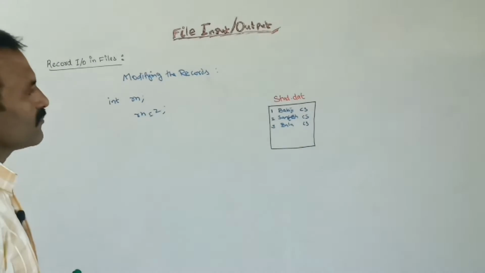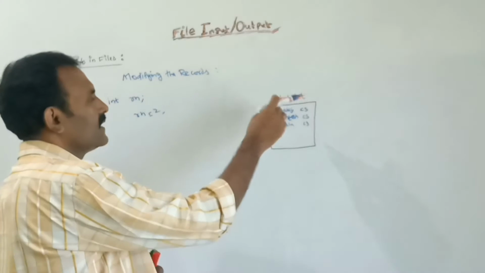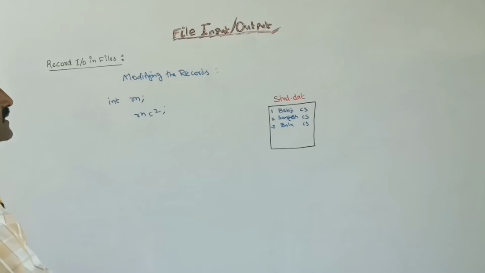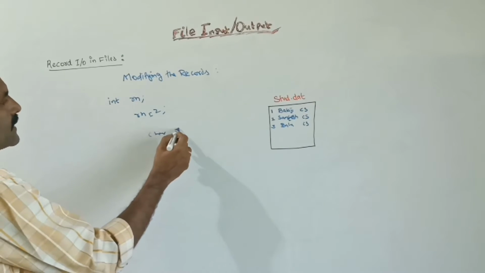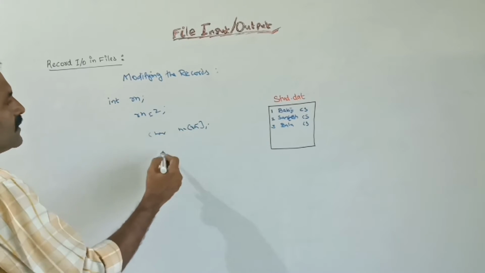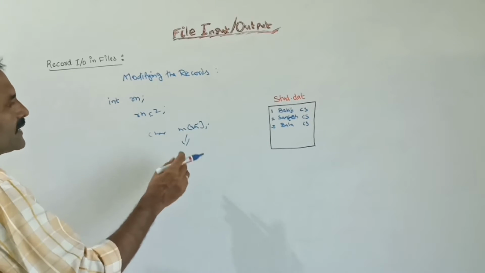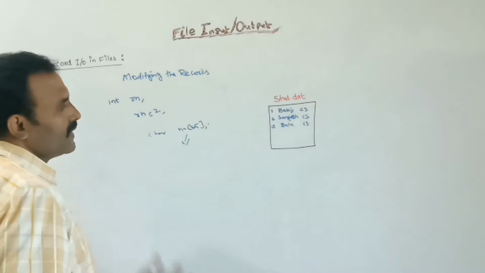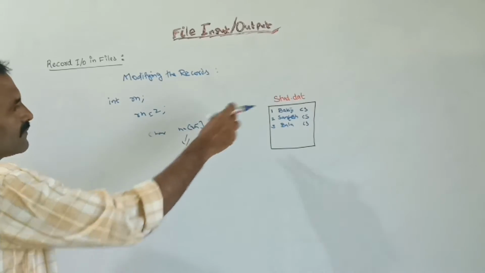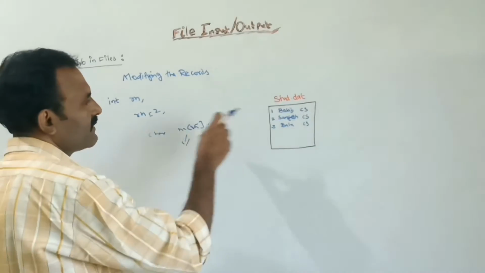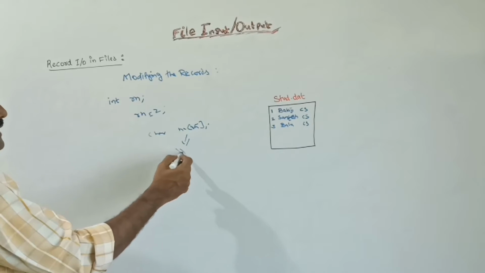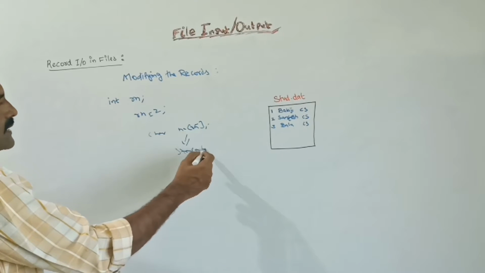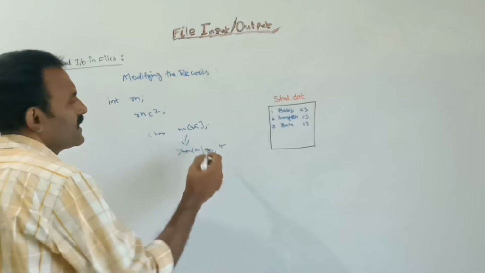In which field we need to modify, whether the department or the name, we can choose any one of the fields. Here I have chosen roll number. Suppose I am using character NA of 15, I can get the input for the name, and next I can search by name. If the given name matches a name in the list, then we can modify that corresponding record. Using the string compare function, we can compare this NA with the record. So we can search like this.